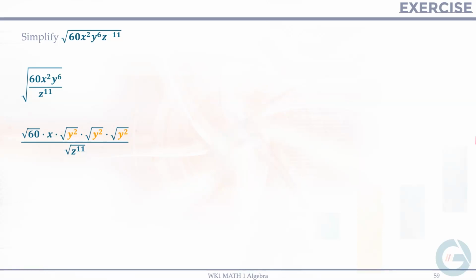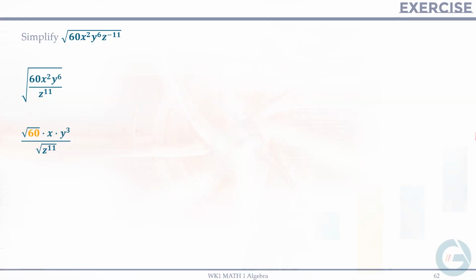Take note, when we have a square under the square root, we can cancel out the square root. So it becomes y times y times y, right? So it will cancel out this square root, and of course the square under that square root. So we have now y times y times y, or that is equivalent to y cubed. Okay, so we can apply the same concept to z raised to 11, but first let's tackle this one, the